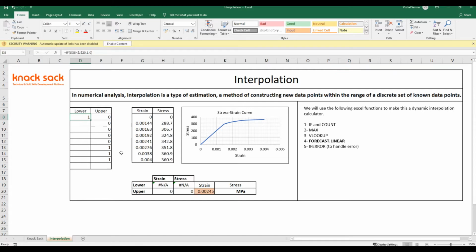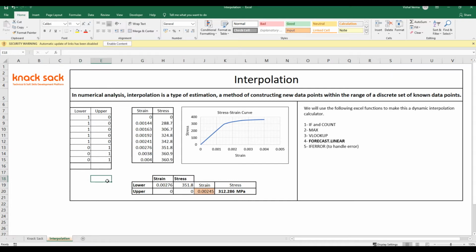That means 0 is less than 0.00245, true. I will copy this in the next column. Again, we are seeing that we are getting 1 and 0 as a transition. So the moment it is changing from 1 to 0, our goal is to get this value as the lower value in this cell.